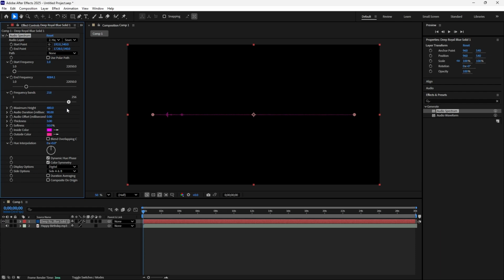Otherwise, by pressing this bar and moving forward and backward, it automatically gives the same value. Suppose here I increase this one, and duration in milliseconds, the audio duration, I make it a bit more, this much, and the audio offset, this also you can change, this much. Now see,